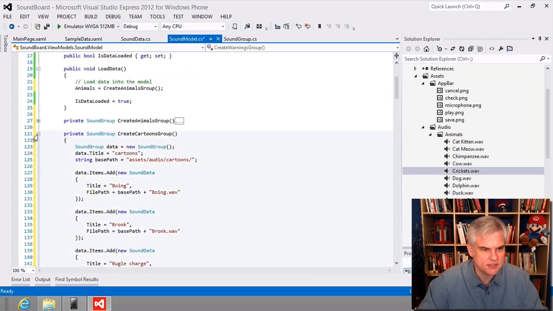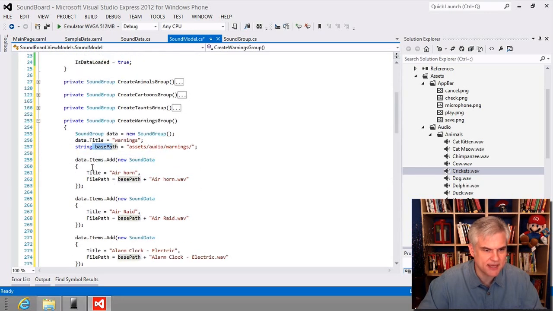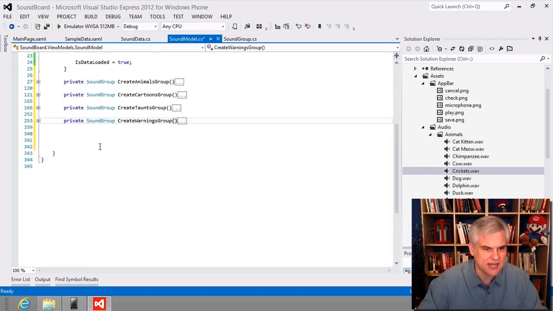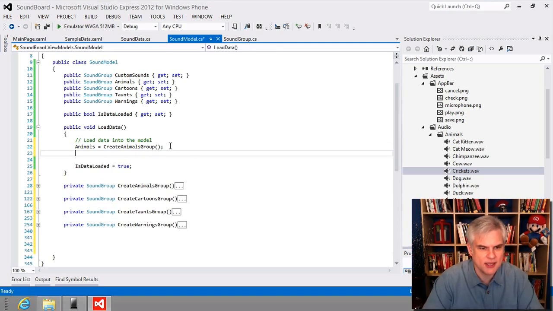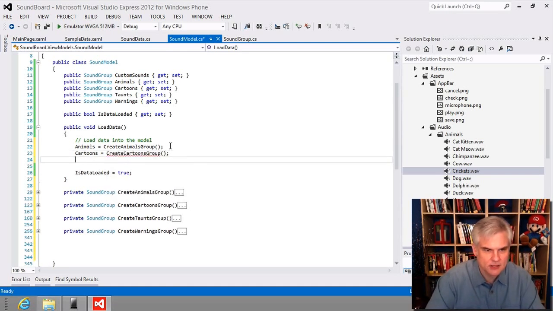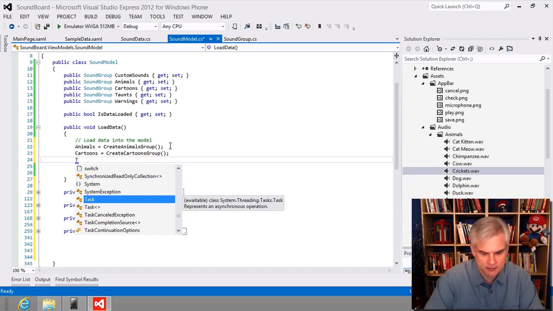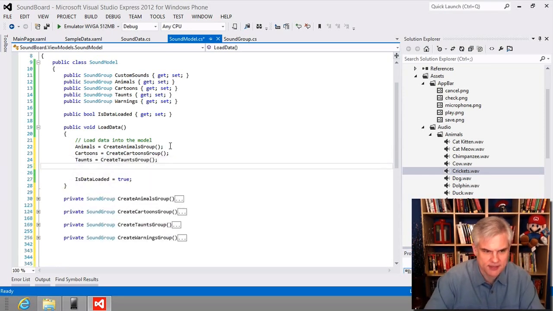All right, so I pasted a bunch in. Let me just roll all these up. They all follow the exact same pattern, creating a new sound group, setting the title, setting the base path, and then creating individual sound data items and adding them to the items collection. All right, so now we have these 4 helper methods. And then what we want to do is go ahead and, for example, set the cartoons property equal to the helper method that will create the cartoons group. We'll set the taunts property equal to the create taunts group helper method,